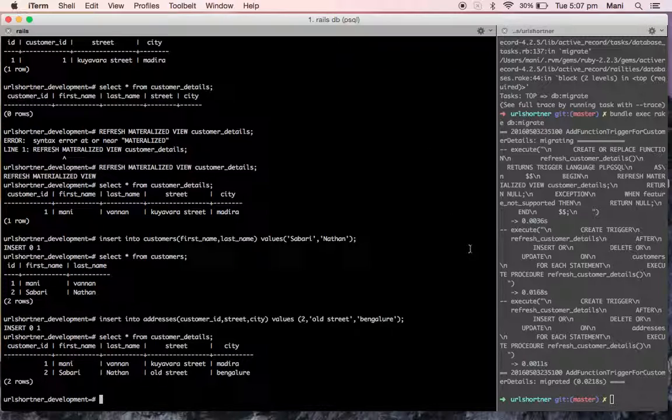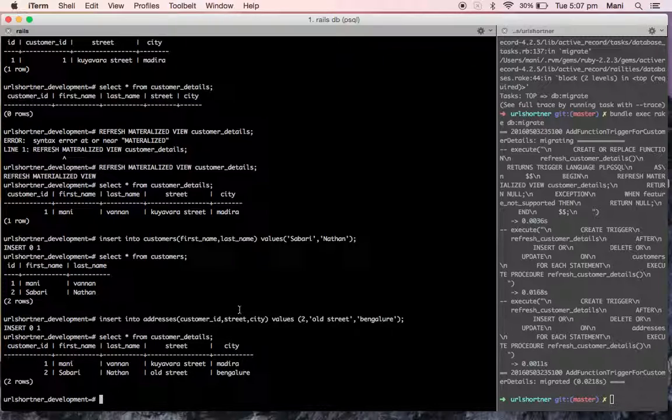But as per our migration file, function and trigger, once we insert or update a value in the customer and address tables, it will automatically take the inserted and updated value and put it in the disk. Once we execute this select star from customer detail, it will fetch all the data available in the disk and show it to us. So this is what is happening.